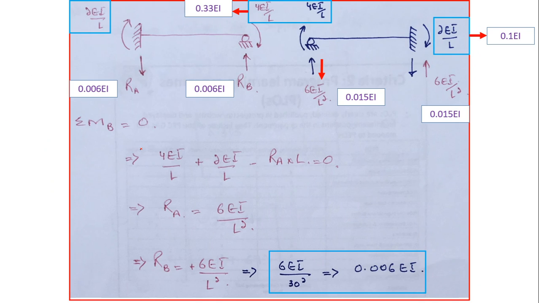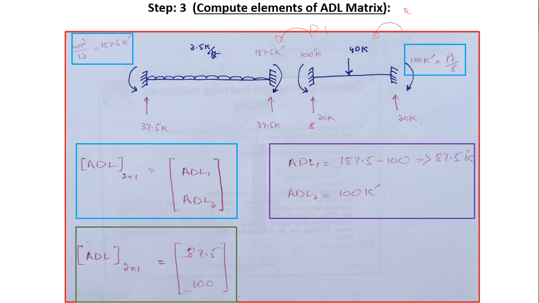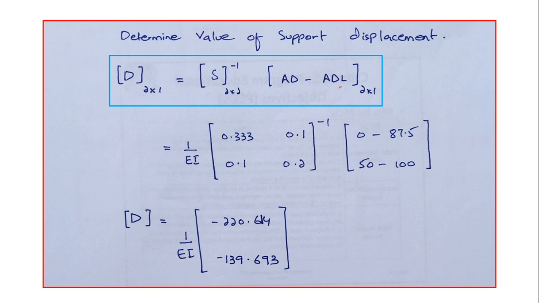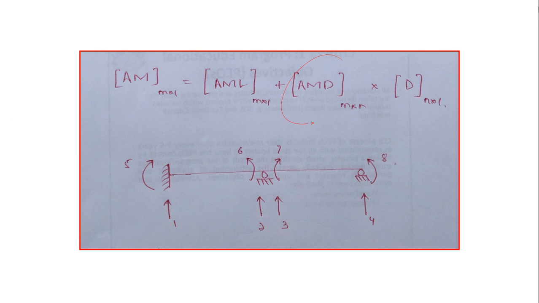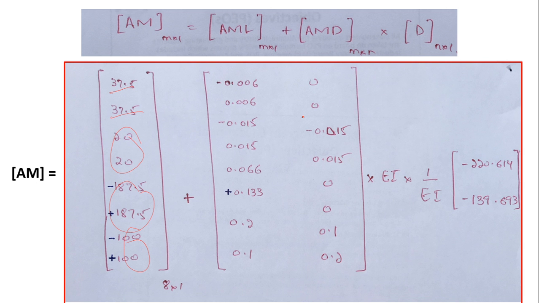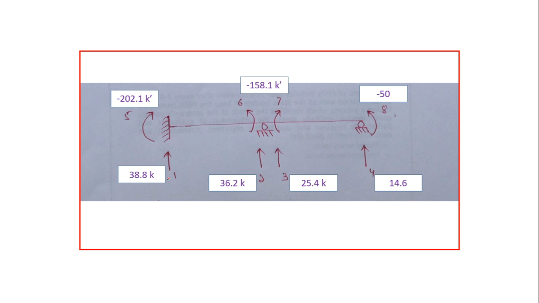So it has been chosen very wisely and very easily. For example, this, you can call it AM1, AM2, and it depends upon you. AM3, AM4, member actions, AF, AM5. Okay, AMD matrix. Here AMD is corresponding to D1 is equal to 1. You should know that it should have two columns. D1 is equal to 1, and this column was attained when D2 was taken as 1. And finally you find out these things, and it's very easy. I've also done this